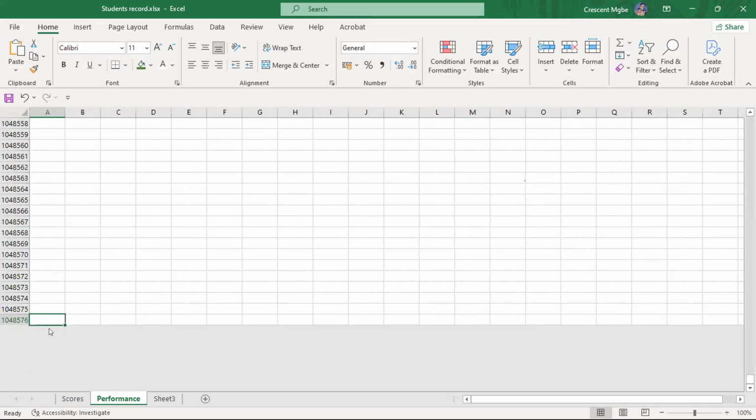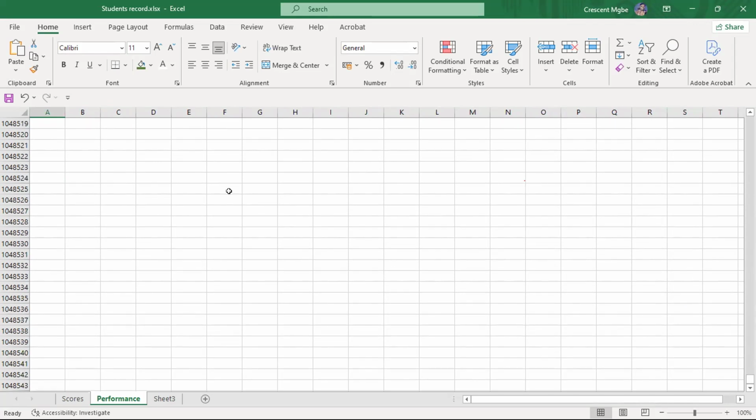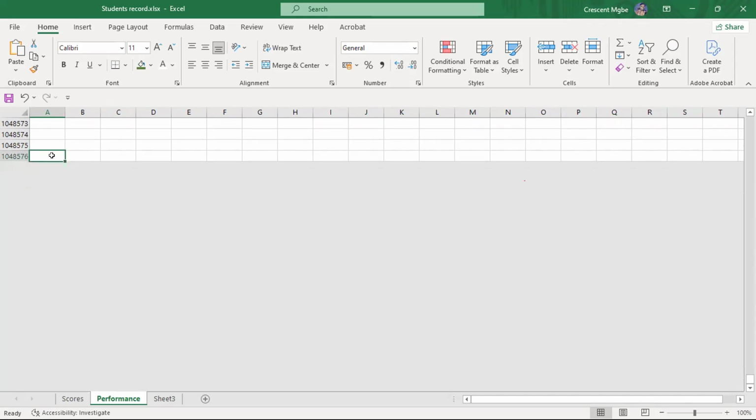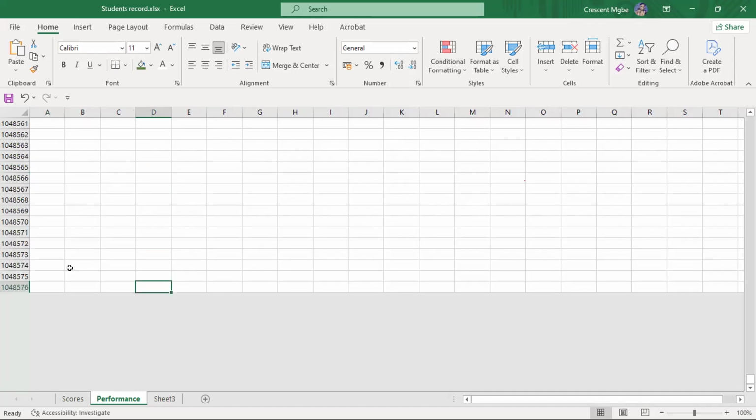We have over 1,048,576 rows. That's what Excel has. There are so many of them. As a beginner in data analytics, you may not have files that will fill up all these rows at the moment. But when you start working for a company, you're going to meet files and data that will fill up this and even require more space. And you definitely need a higher